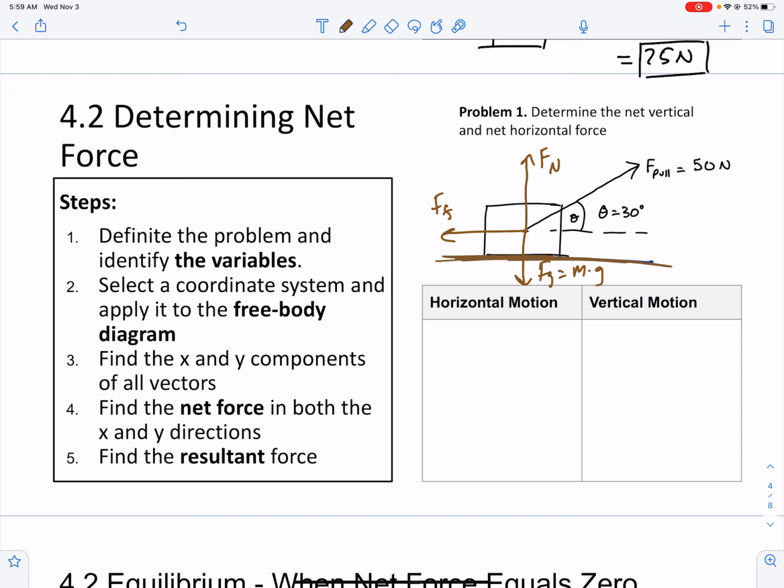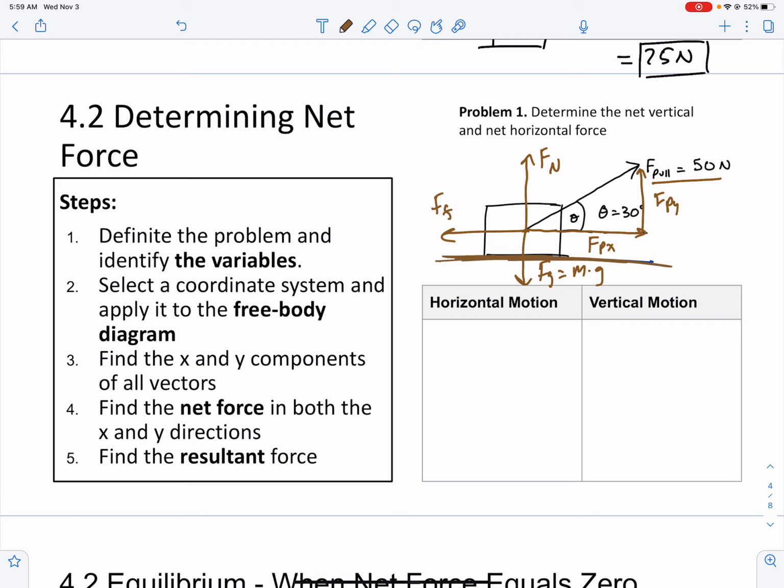What should my pull be such that we want to make sure that vertically everything cancels out? What should my horizontal component of my pull be such that we're not moving horizontally? So we have the force of pull in the x direction,